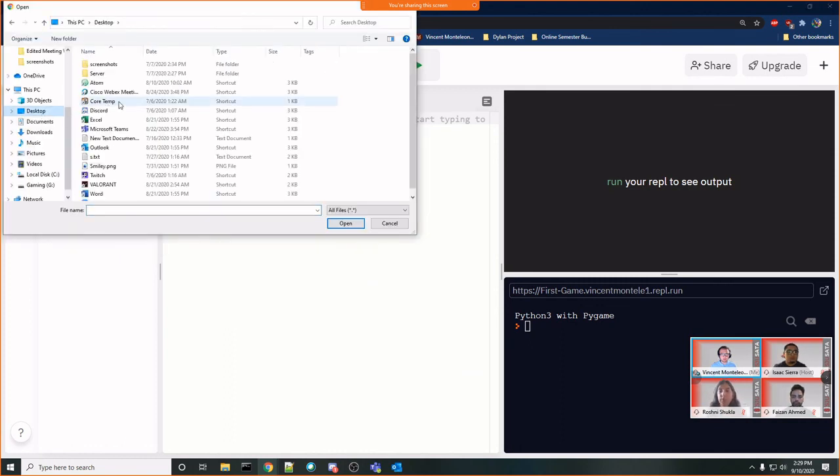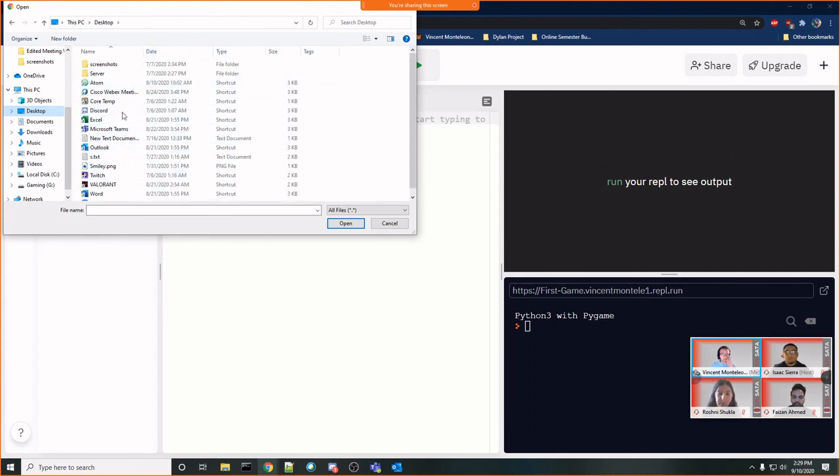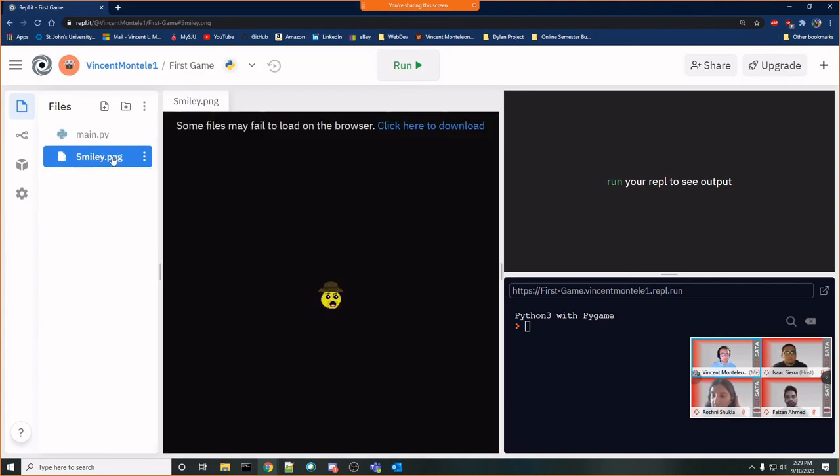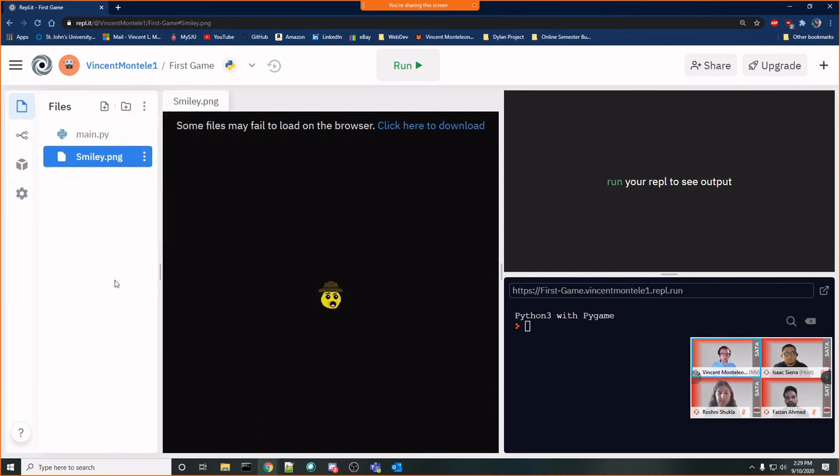Then you can go over to your desktop or wherever you have it saved and click on it. So mine is smiley.png, and I'll press open. And that's how you load it up. So you have two options, which is either to click these three dots and upload the file, or to just drag and drop it right into your files. So now we have the one file that we're going to need for this project.